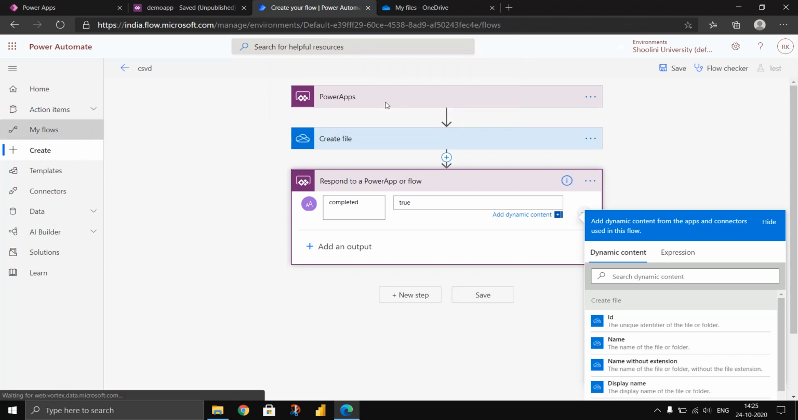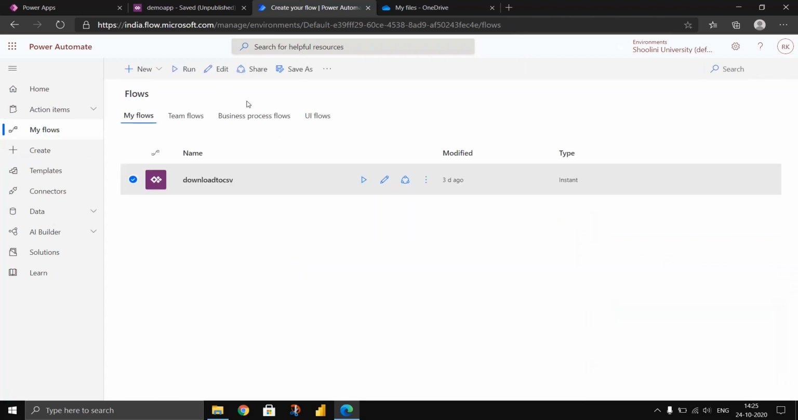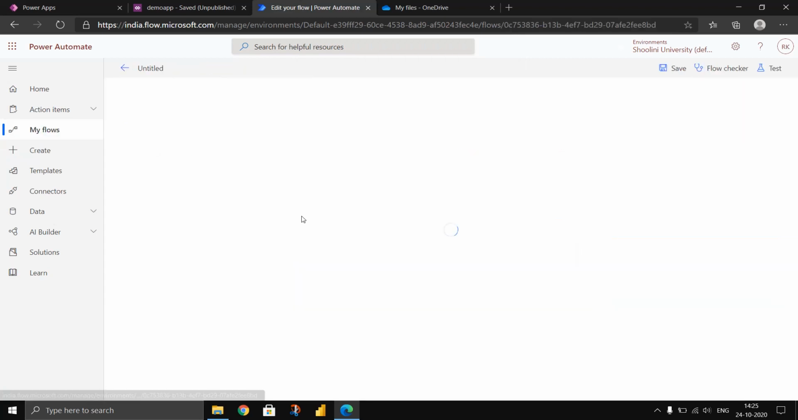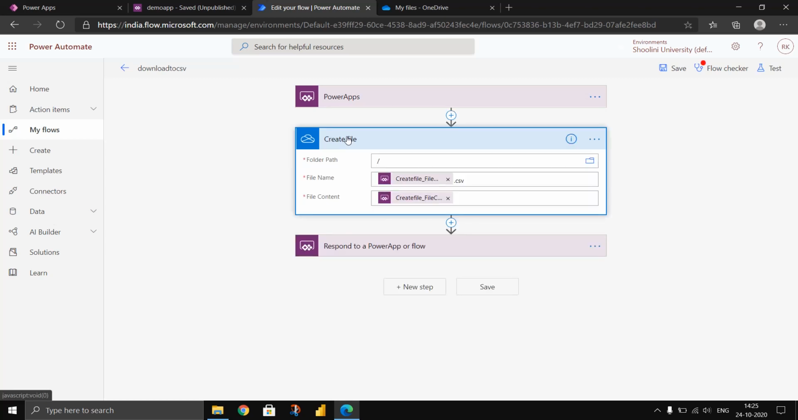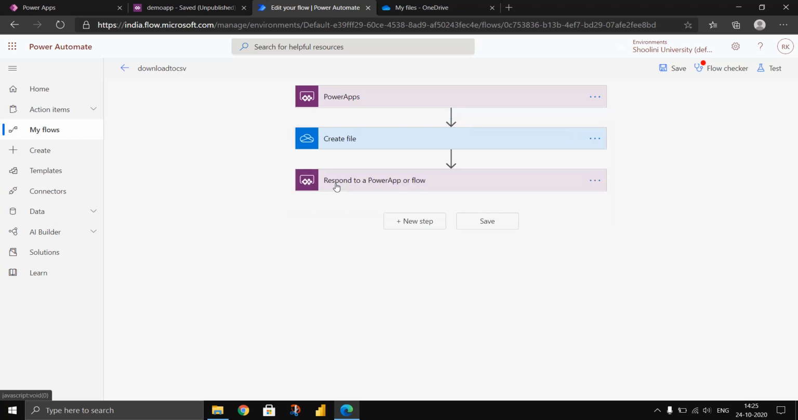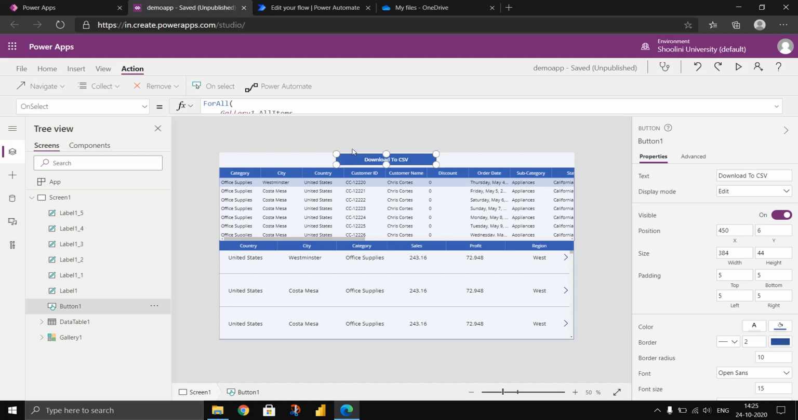I will show you the flow. Go to edit. Yeah, you can see here I've already given the required things, right? So here, click this button,